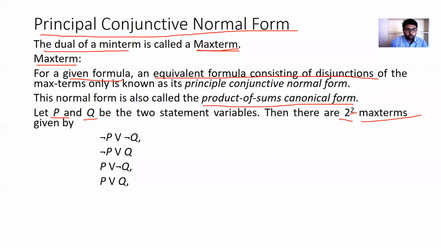So P and Q be the two statement variables, then there will be 2 power 2 maximum terms. అక్కడ మనం ప్రిన్సిపల్ డిస్జంక్టివ్ నార్మల్ ఫామ్ లో ఏం యూజ్ చేసాం, అండ్ సింబల్ యూజ్ చేసాం. ఇక్కడ మనం ఆర్ సింబల్ యూజ్ చేస్తాం, బట్ రివర్స్ ఫామ్ లో రాస్తాం. అక్కడ మనం P అండ్ Q తో స్టార్ట్ చేస్తాం, ఇక్కడ నెగేషన్ ఆఫ్ P ఆర్ నెగేషన్ ఆఫ్ Q రివర్స్ ఫామ్ లో వెళ్తే మీకు ఈజీగా ఉంటుంది. మీరు మాక్సిమం టర్మ్స్ రాసుకునేటప్పుడు కూడా రివర్స్ లో వెళ్ళండి. P or Q, P or negation Q, negation P or Q, negation P or negation Q. So ఇలా అయితే మీకు చాలా ఈజీగా ఉంటుంది.